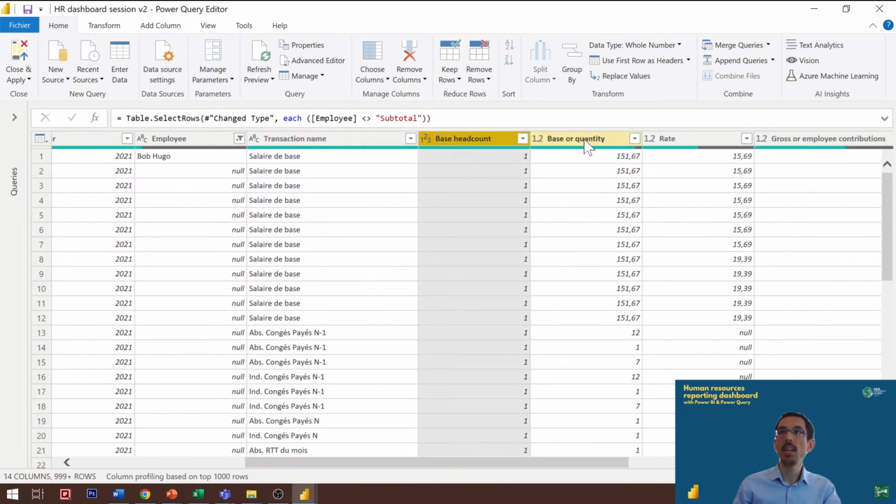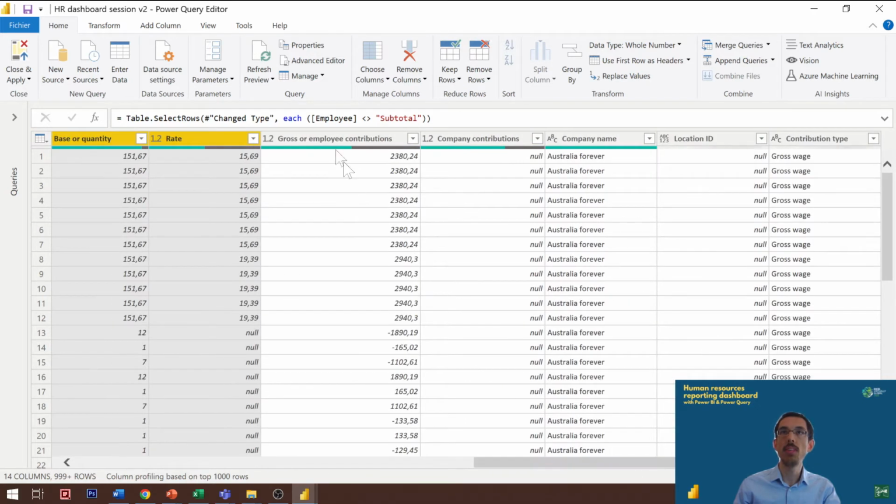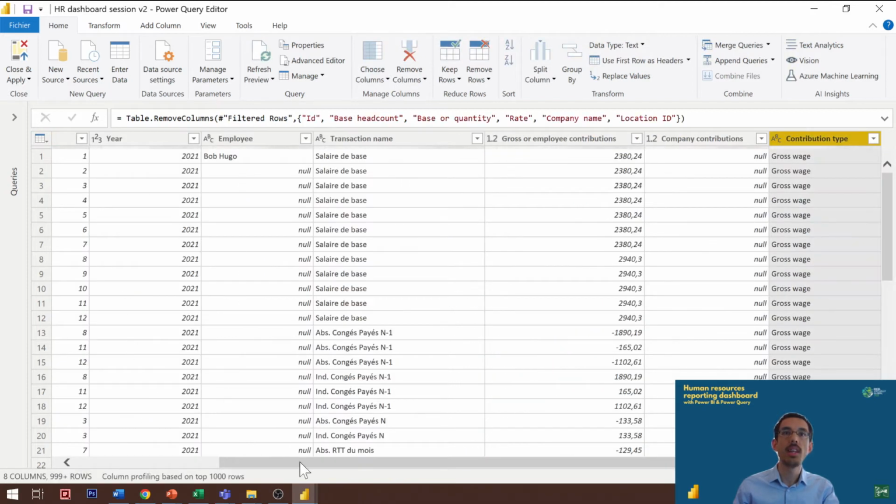I don't need the headcount, base quantity, rate. I'm going to keep the gross wage and company contributions. I don't need the company in this example, nor the location ID. So I click on delete, and